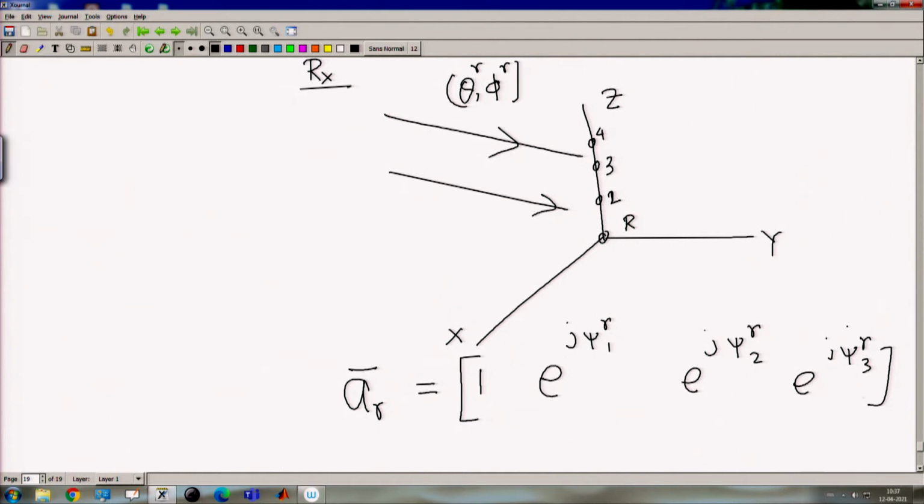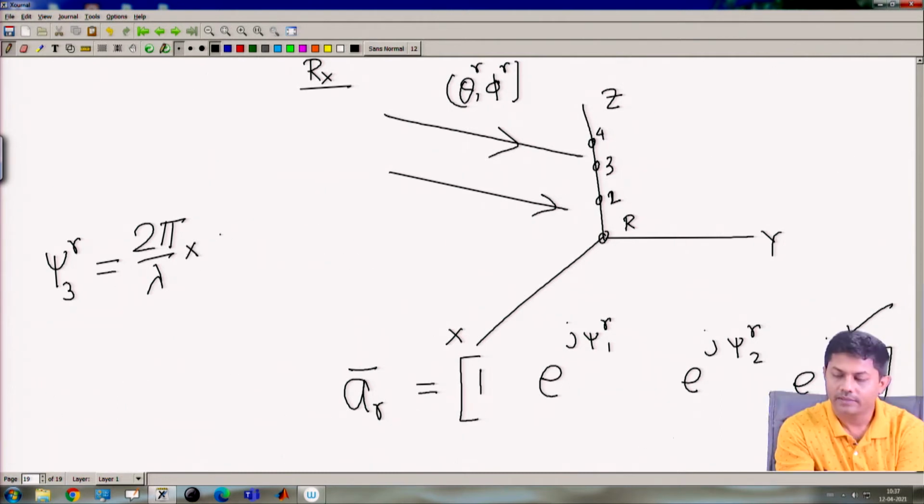Let us say I am drawing only for the third one, the last one. So, how do I create this xi? So, this should be again the same formula, 2 pi by lambda. So, that is the angle that it will be seeing. So, that is the angular differences it will be seeing, multiplied by 2 pi by lambda, multiplied by the coordinates. So, what is the coordinate for this gentleman?